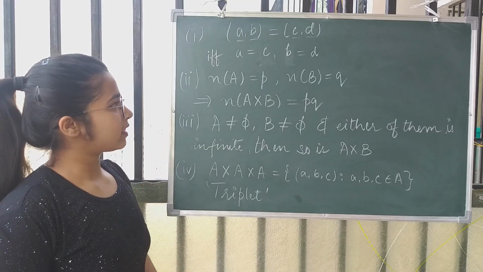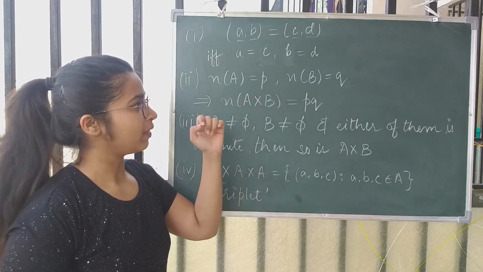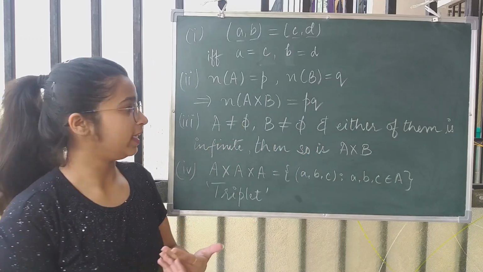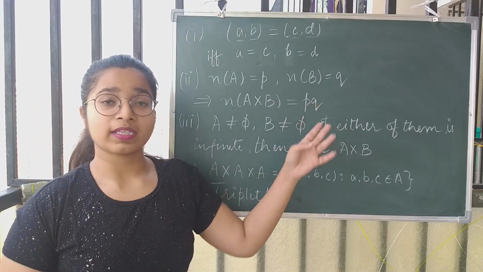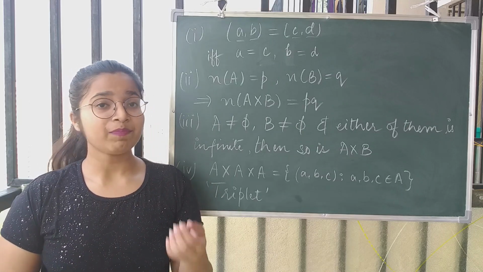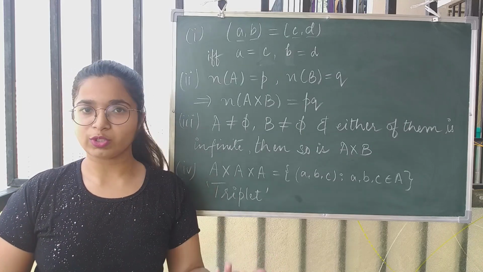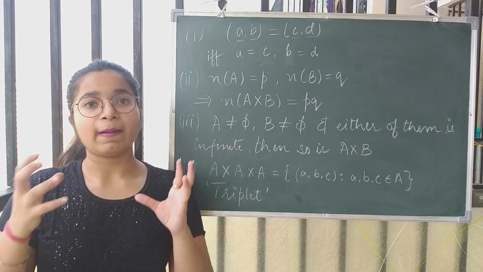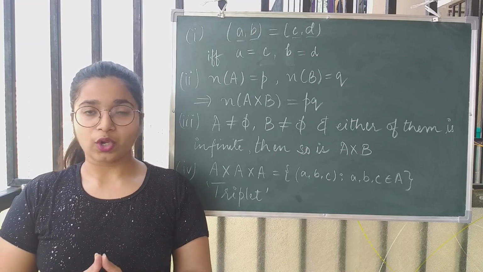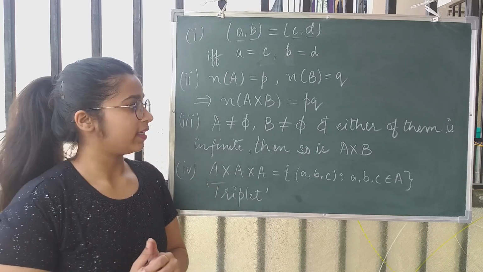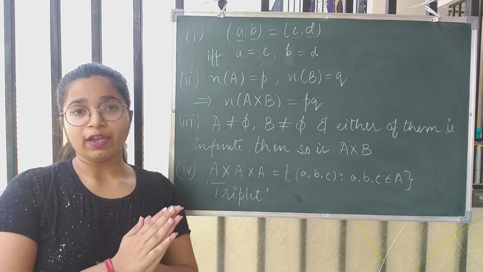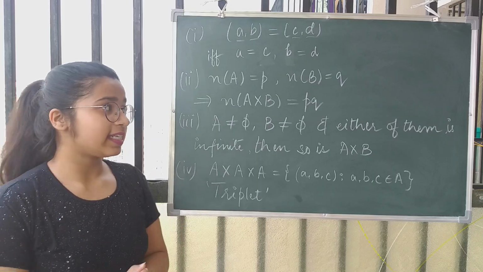Now the second remark says that if set A has p elements and set B has q elements, then their Cartesian product A cross B will have pq elements. We saw an example right now in which we took two different colors in one set and three different objects in the other set. And when we looked at how many different colored objects we can get, we got 6 different colored objects. Why was that? That was because set A had 2 elements and set B had 3 elements. Therefore, our product A cross B had 6 elements.